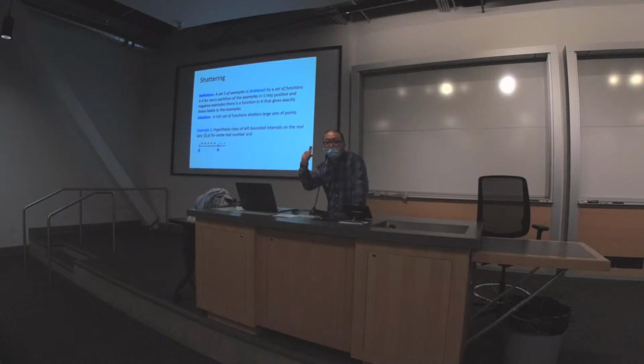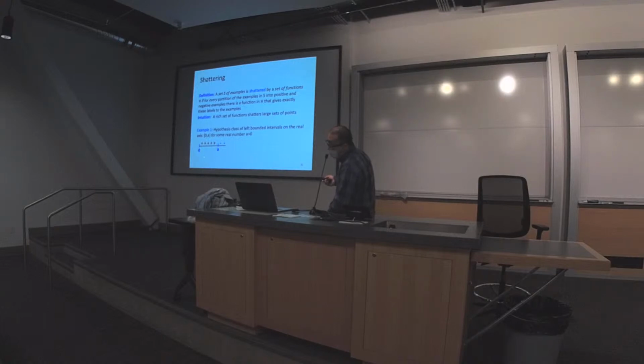Let us use some examples to deepen our understanding of this shattering definition. We're looking over a set of infinite hypothesis spaces and see how many points they can shatter. The first example is called left bounded intervals. Each classifier is represented by a left bounded interval. The left end is fixed at 0, and the right end is A, a free parameter which must be positive. All the examples inside this left bounded interval are classified as positive, outside classified as negative.